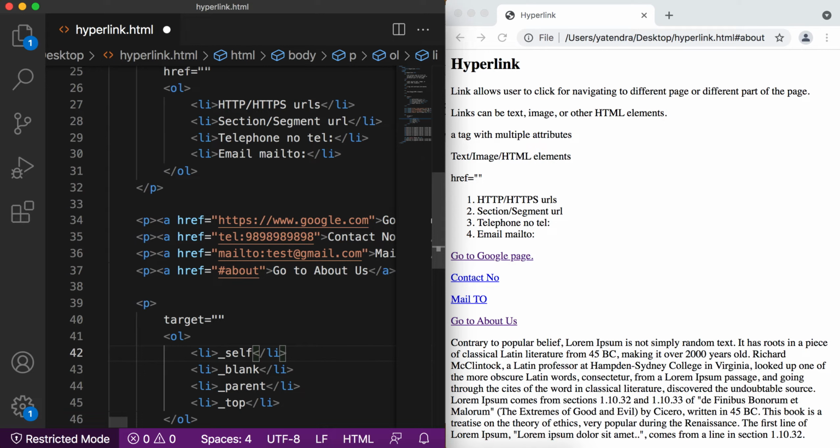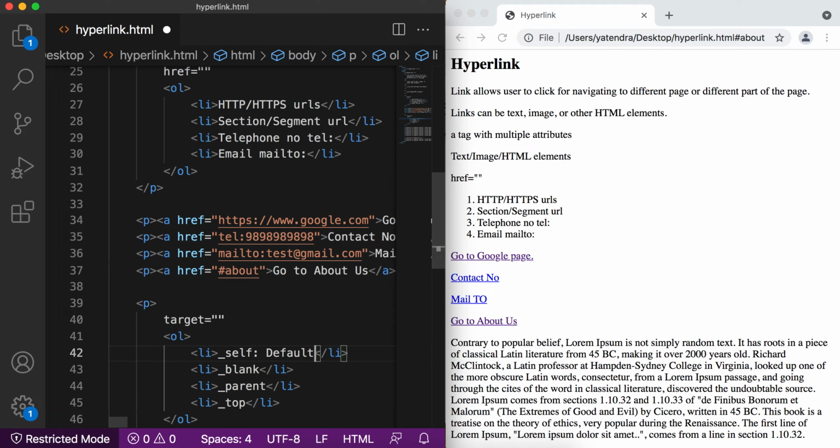Self is the default. Self means the link is opened in the same tab. Blank means the browser needs to open this URL in a different tab or different window. That depends on which browser you are using and how you configured your browser.